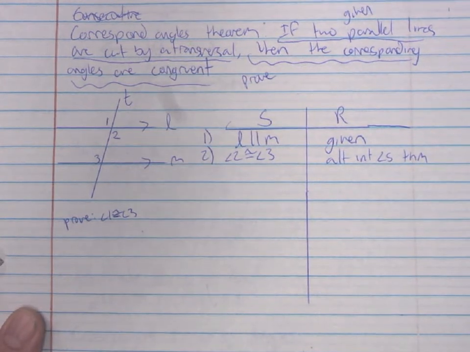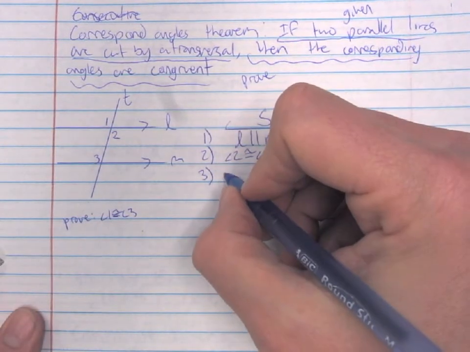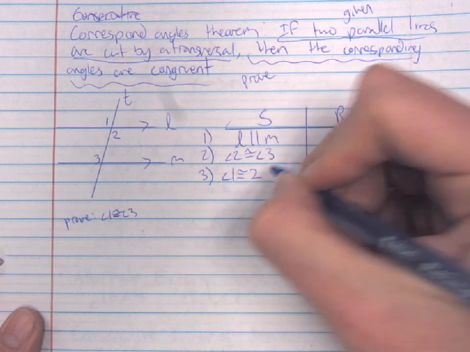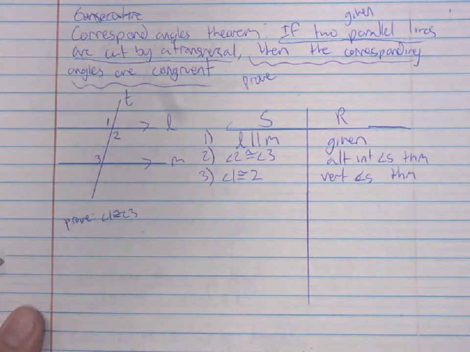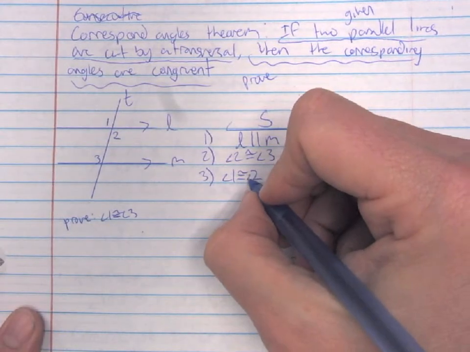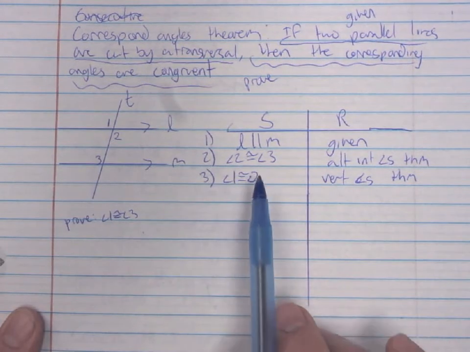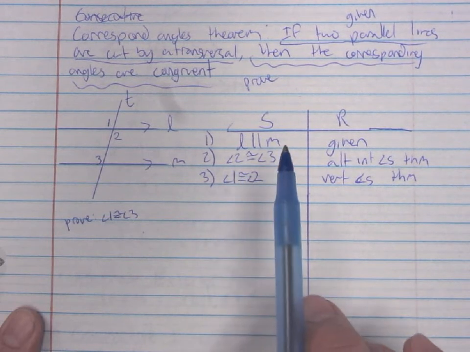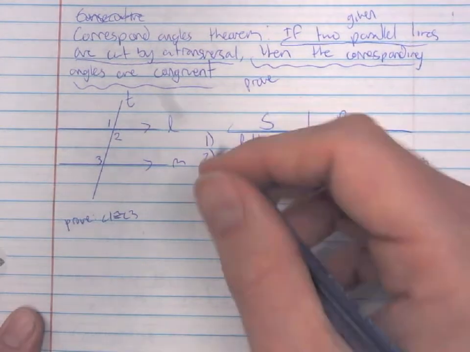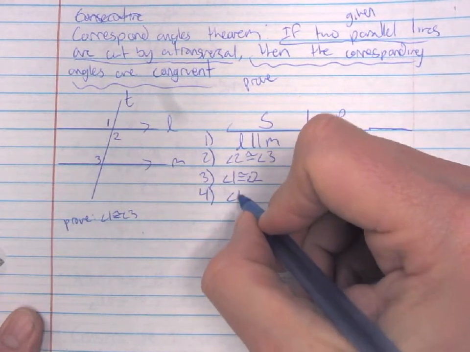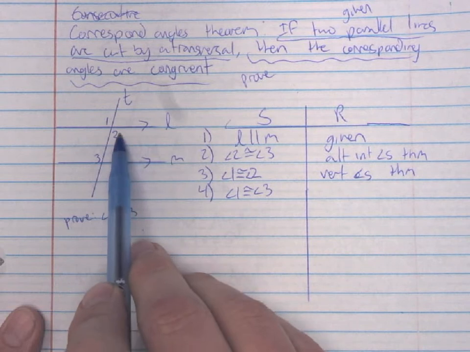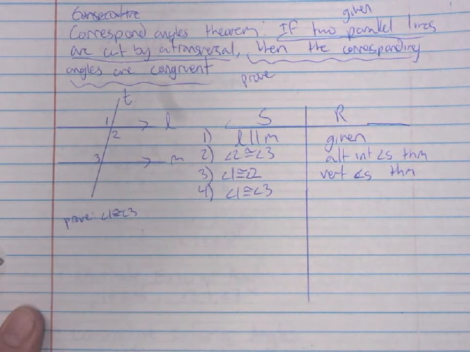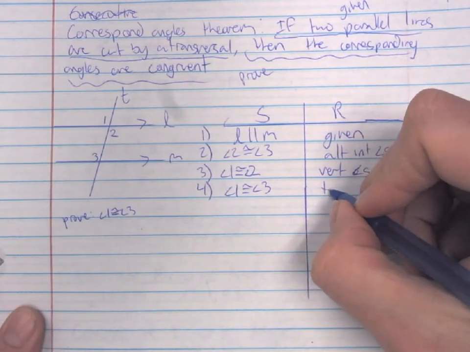Okay, let's talk about 1 and 2 for a second. Okay, 1 and 2 are vertical angles. So again, by the vertical angles theorem, angle 1 has to be congruent to angle 2. So vert angles theorem. Okay, let's put an angle symbol in there. So if angle 1 is congruent to angle 2, and angle 2 is congruent to angle 3, then by the transitive property, angle 1 must be congruent to angle 3. Right? If this is congruent to this, and this is congruent to this, then this must be congruent to this too. That's the transitive